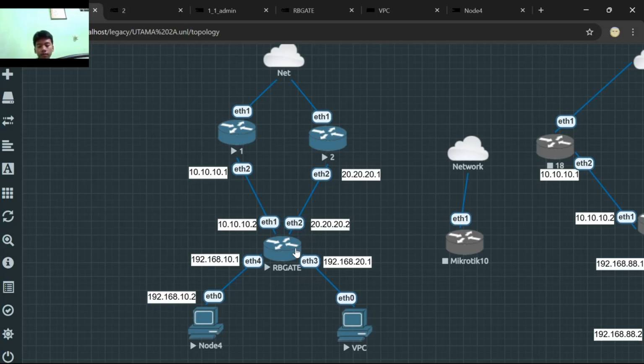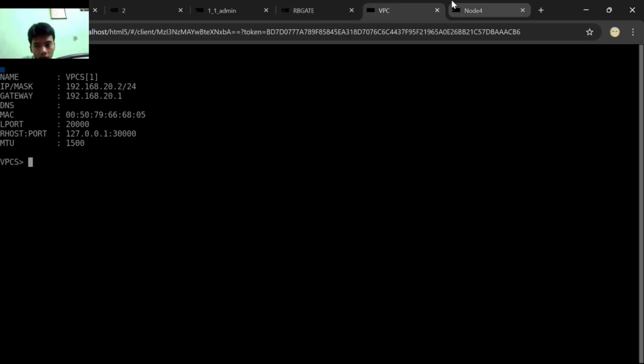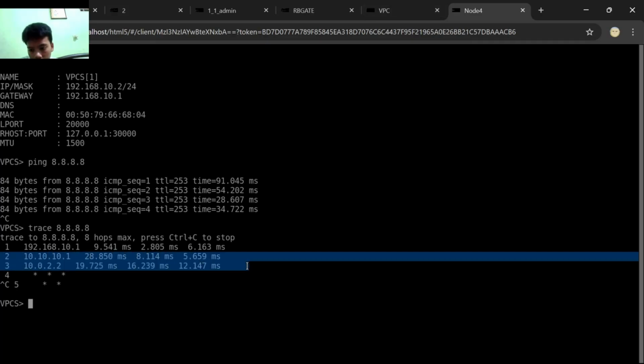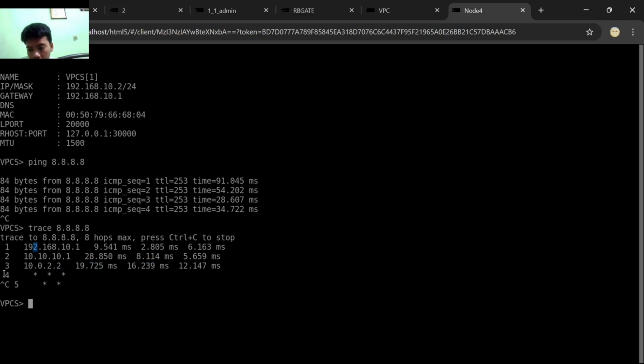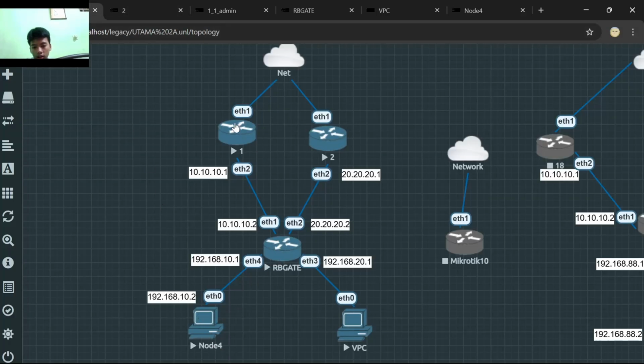After the router gate, they go to SPA, not to SPB, because we already marked the packet to send it to SPA. So this is from the SPA address, and this is from the network address, and this is the internet. They communicate the same like this.